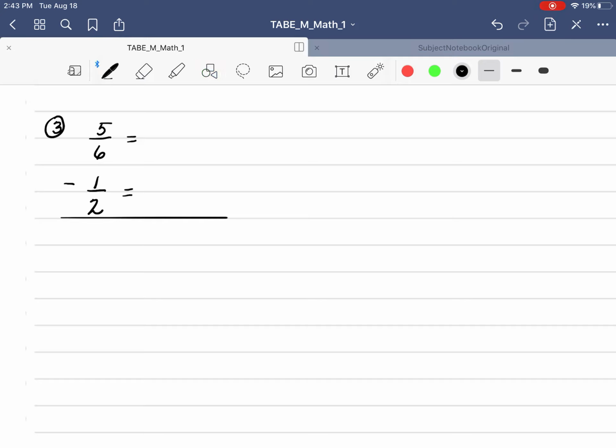And I need to get a common denominator. The best one is one that you already have. So let's look at the 6 and see if 2 will go into 6 evenly. And it will. So that's the one that I want to use. This one's already where it needs to be. 2 into 6 is 3, and 1 times 3 is 3. So we can subtract here. 5 minus 3 is